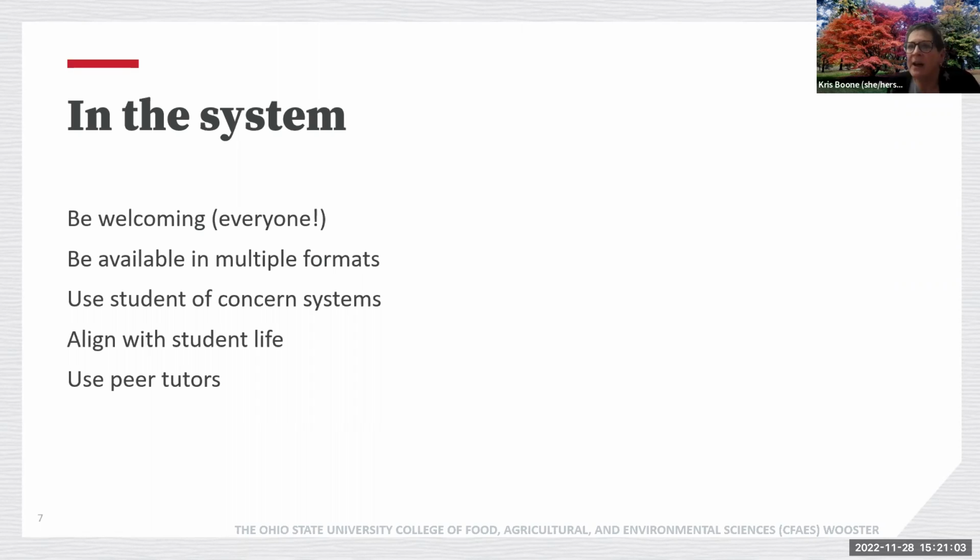Aligning with student life, again, that's something I really learned about since I've been in my role here, because student life reports to me, and then I coordinate with student life in Columbus as well. We want to focus on the same dimensions of wellness that they do. We want to make sure we're developing our students in a very cogent model similar to what they're experiencing with the Columbus students. And if you know what your student life group is trying to achieve, that's really helpful.